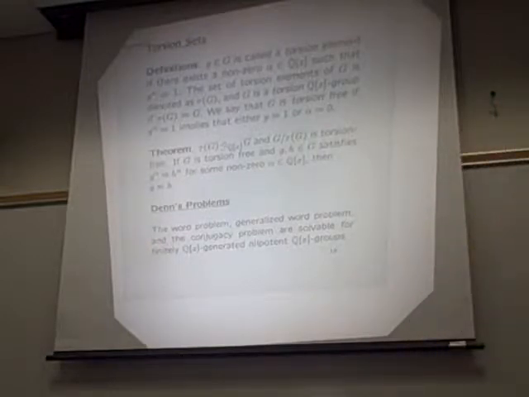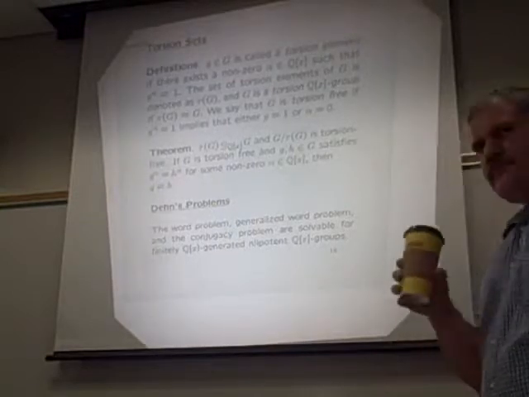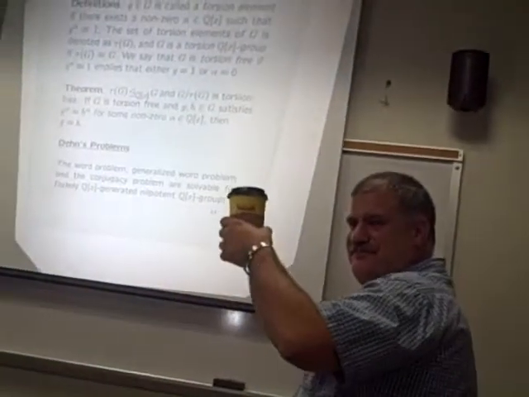Well, so in my talk, I guess I'll say the same thing, but Max Dehn had three problems in 1911, actually. He came up with three main problems that really drive the research in combinatorial group theory. They are the word problem, the conjugacy problem, and the isomorphism problem. So the word problem is: given a finitely presented group, and you take an element in the group, can you tell whether or not that element is the identity?